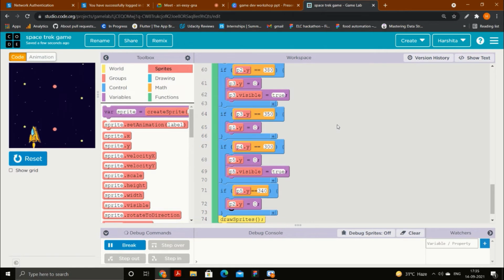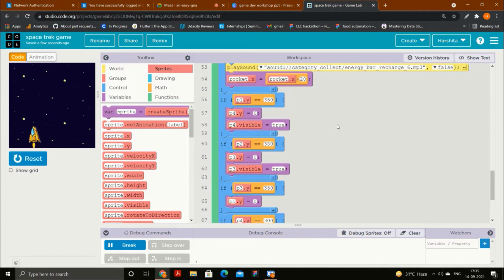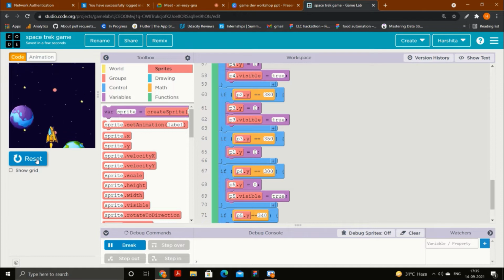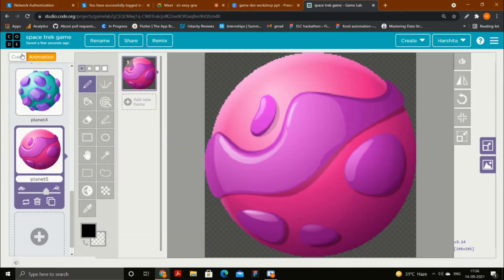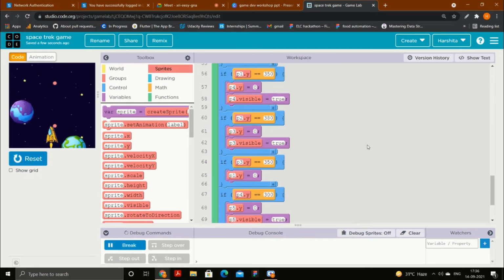And see, other ones are taking a lot of time, so you can change the values right now. Let me see which one is coming.